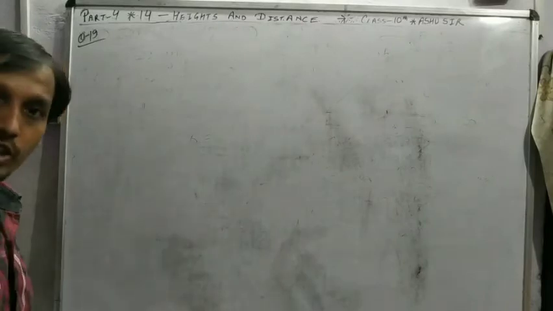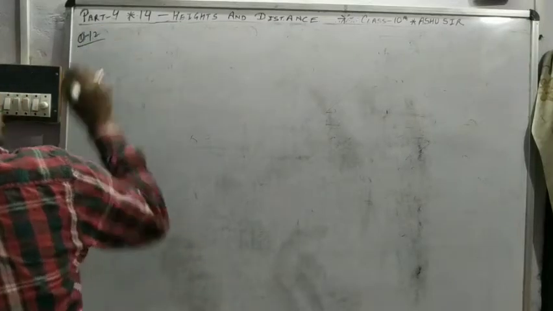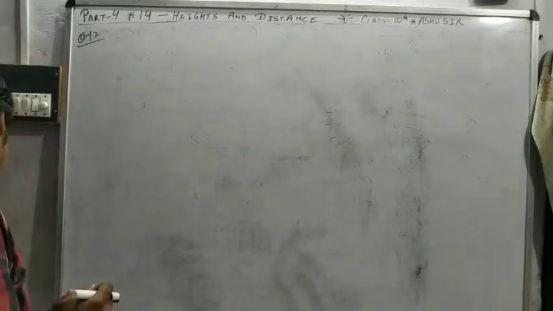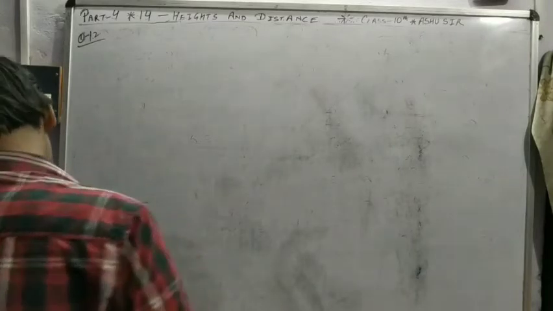This is your homework question I have already given in the previous class. Question number 12. Firstly, explain. The question is: a moving boat is observed from the top of a 150 meter high cliff. Moving away from the cliff, the angle of depression of the boat changed from 60 to 45 degree in 2 minutes. Find the speed of the boat in meter per minute.